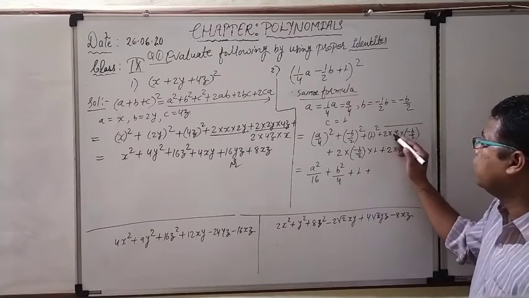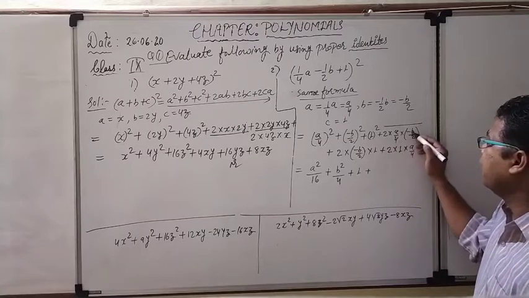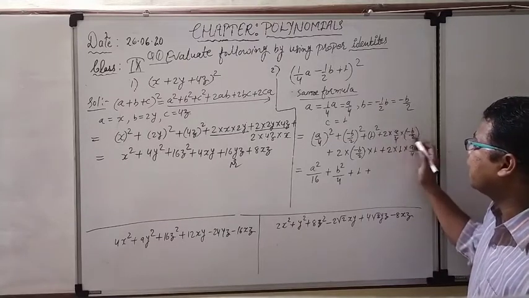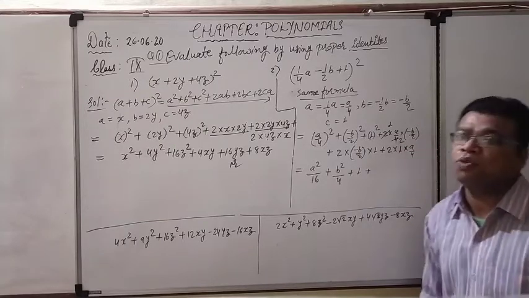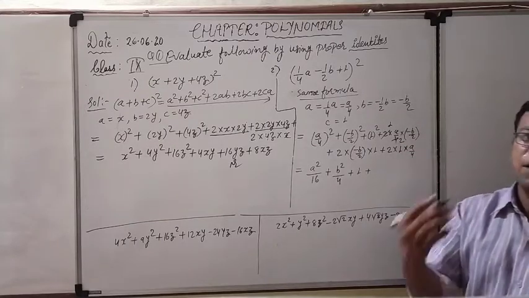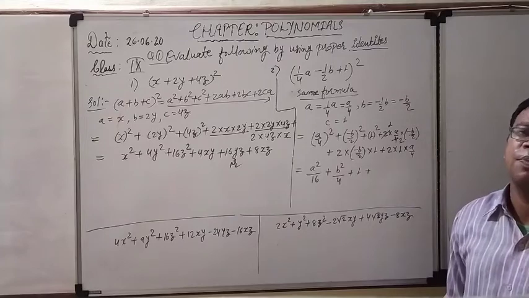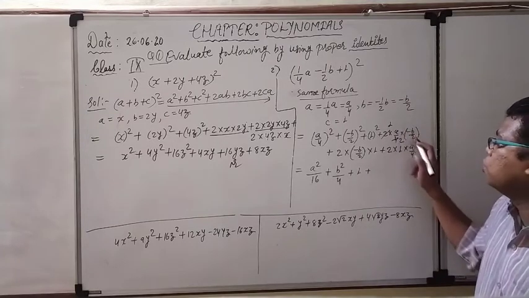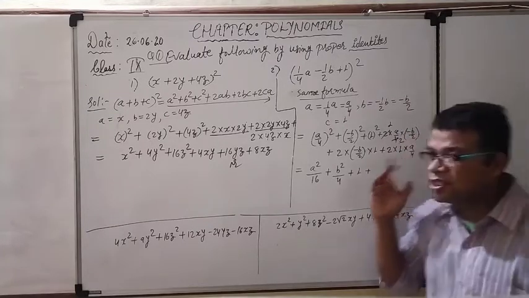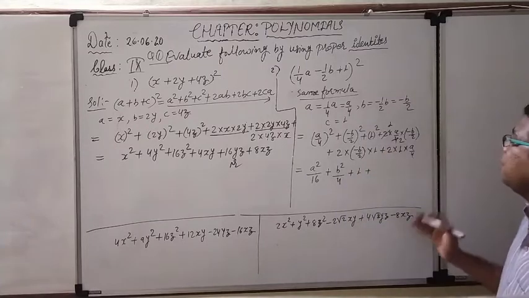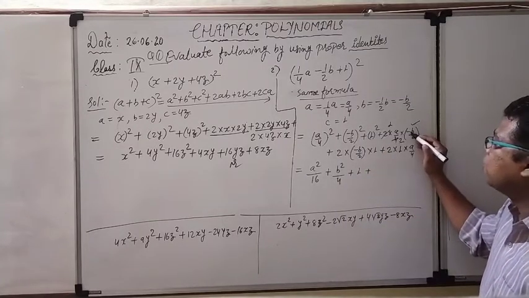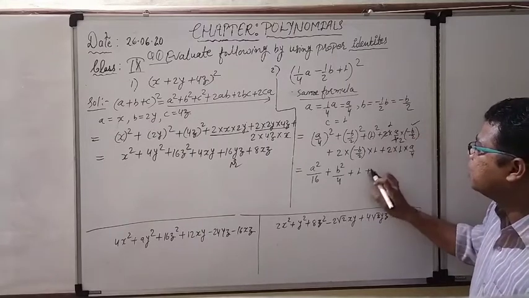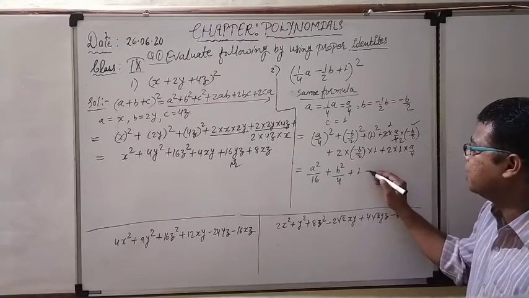Right now see, 2 into a upon 4 into minus b upon 2. So I can solve it like 2 ones are 2, 2 twos are 4. We can solve the digits. One is in the numerator, second is present in the denominator. So 2 ones are 2, 2 twos are 4. Right now whatever things remained, you have to directly multiply. So first thing is that here the minus sign is coming, and because of this particular minus sign, this plus sign is converted into the minus sign.